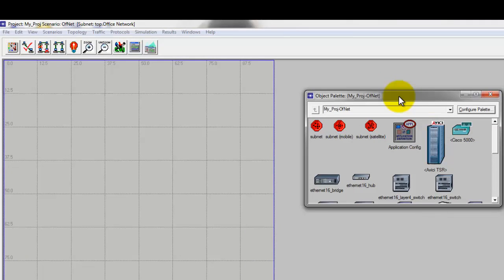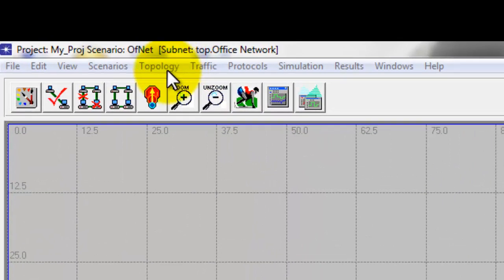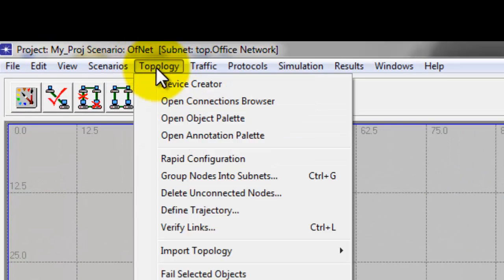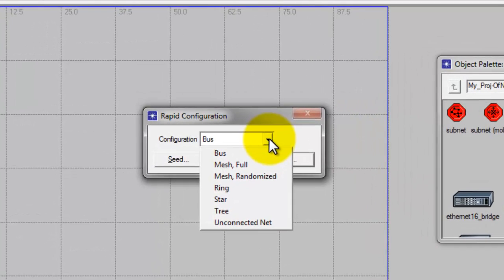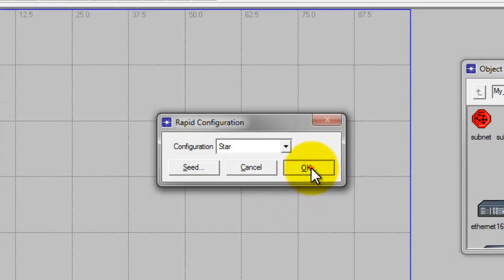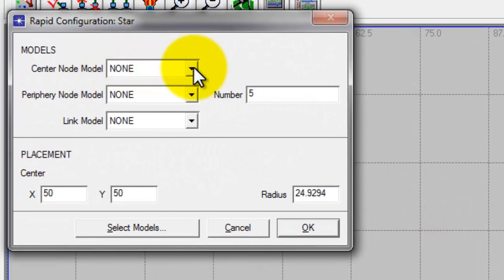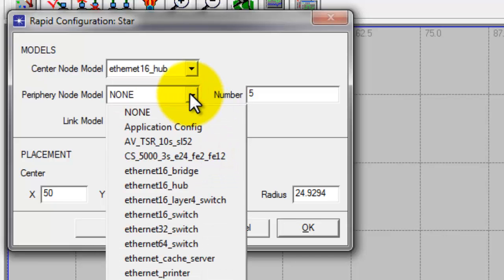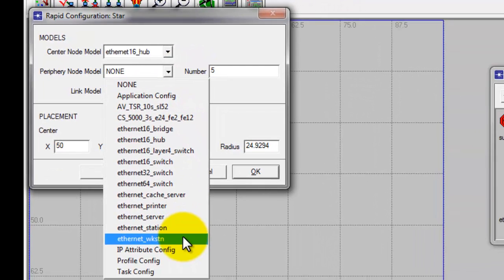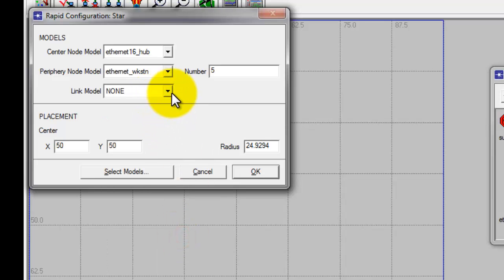So here we are. The first step would be to select Rapid Configuration from the Topology menu, so that we can select the desired network topology which we want. I would like to use the star topology. Click OK, and the central node would be an Ethernet 16 hub, and the periphery node model would be an Ethernet workstation.